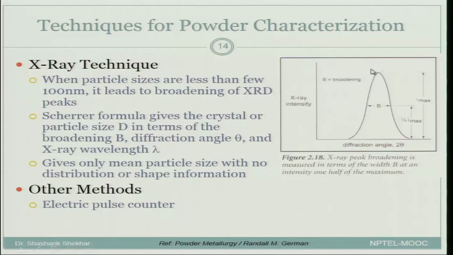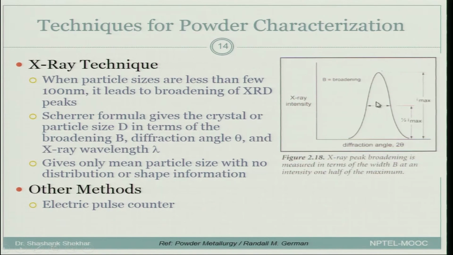So, for example, let us say this is the theta angle where diffraction should take place. If your bulk size is very large, then the diffraction will take place only at this place, and at other places complete destructive interference will take place, and you will see a very sharp line over here. However, when the particle size or grain size is very small, then complete destructive interference is not possible, and some amount of remnant constructive interference takes place. That is what leads to these tails over here.